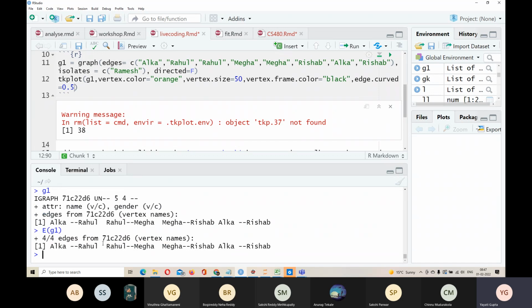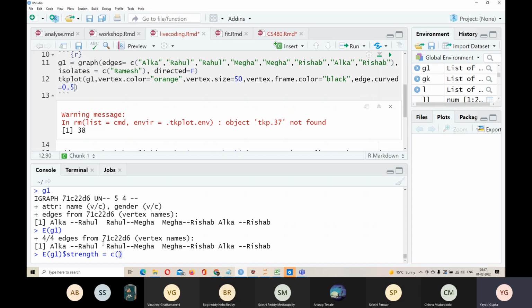So let's say I want to take account of the strength of a friendship here. Maybe Alka is strongly connected to Rahul, but not that strongly connected to Rishabh. So I want to weight every edge here. We can also associate an attribute with every edge, and let me call it strength. This tells me the strength of every edge, and we have 4 edges here.